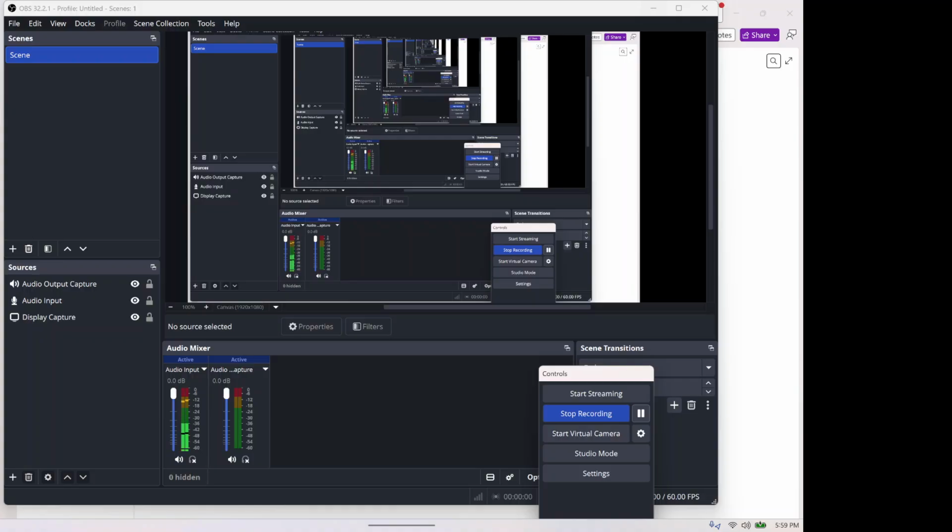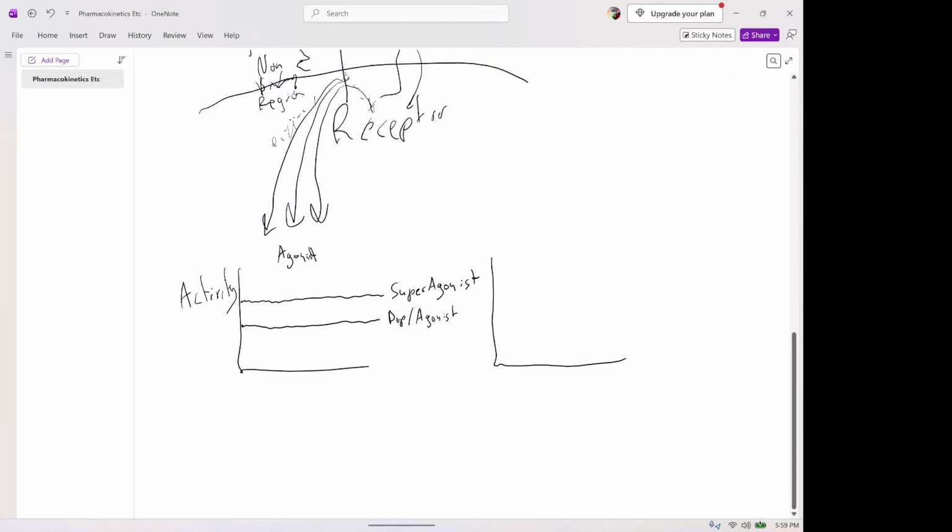Sorry about that. All right, so there are superagonists that exist, but I don't know of any really clinically relevant ones. And then of course we're going to have partial agonists. And then